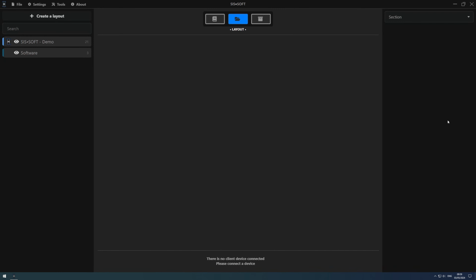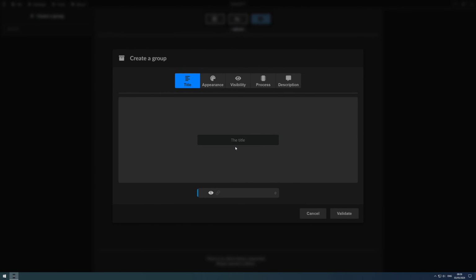Click on Create a Group. Set a title. The title is the only mandatory element when creating a group. You also have the option to define the appearance and a description. Under the Appearance tab, you can add an icon to help you easily identify this element, and the second drop zone allows you to set the wallpaper for the group. If a wallpaper is defined both in a layout and in a group, the wallpaper defined in the layout will